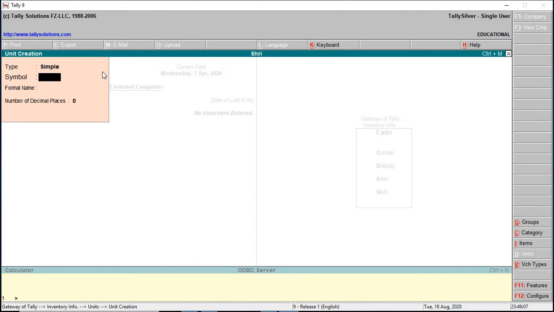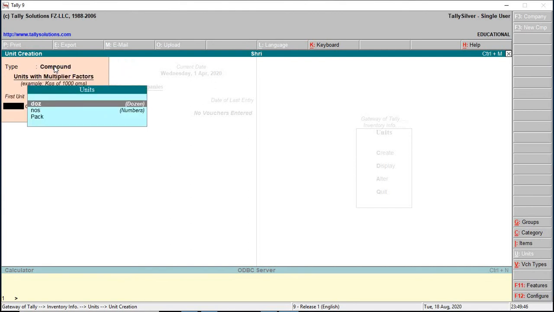Using these two simple units, the compound unit of measure can be created. To create compound unit of measure, select type as compound. By default, Tally selects the type as simple. So to change this to compound, press backspace, select compound.